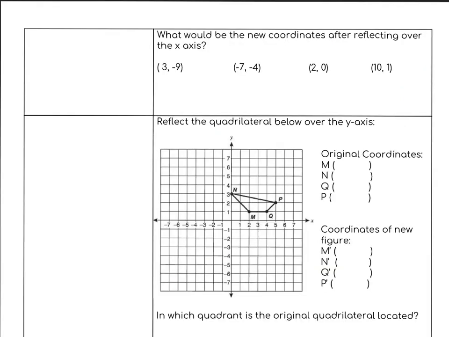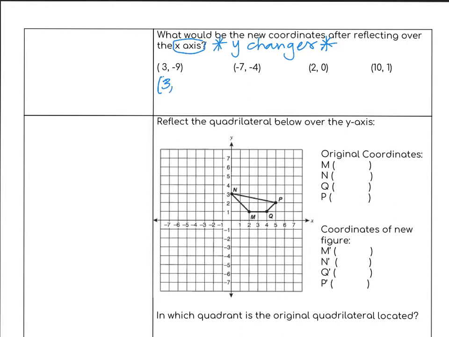All right, so now we are on the second page, and based off of what we just learned, that when you're reflecting something over the x-axis, the y's change, we should be able to look at these and know what our coordinates would be if it was reflected over the x-axis. So I want you to write right next to this, I want you to write y changes. Okay, so for this first one, don't worry about the x value, just worry about